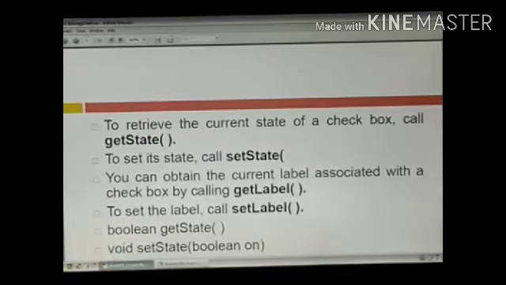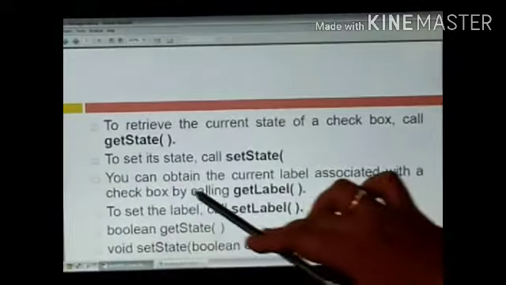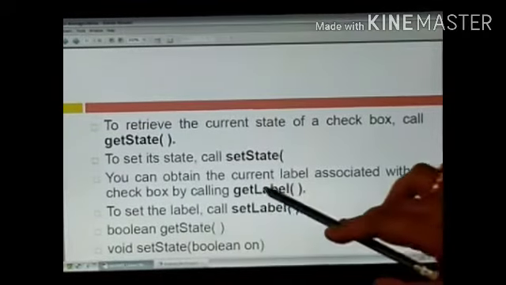To retrieve the current state of a checkbox, we have methods to find at what state this checkbox is. We can retrieve the current state with a method called getState. To set its state, call the setState function. You can obtain the current label with getLabel.